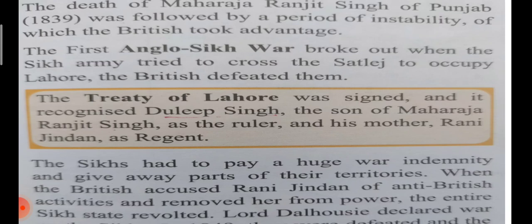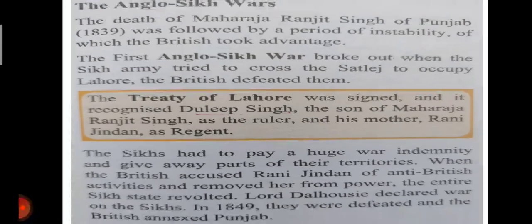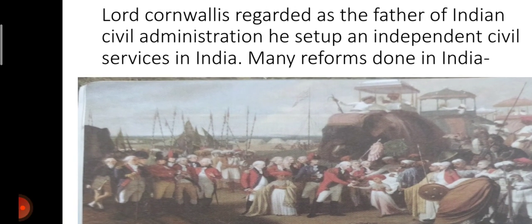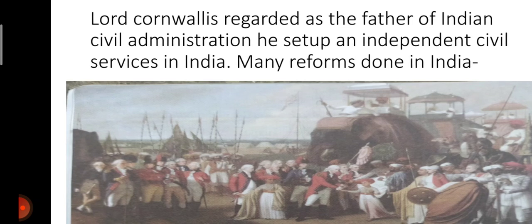When the British accused Rani Jindan of anti-British activities and removed her from power, the entire Sikh state revolted. Lord Dalhousie declared a war against the Sikhs. In 1849, they were defeated and the British annexed Punjab. Lord Cornwallis, regarded as the father of Indian civil administration, set up an independent civil services